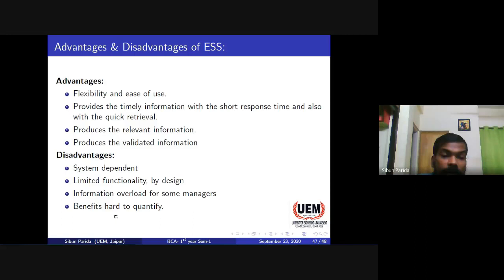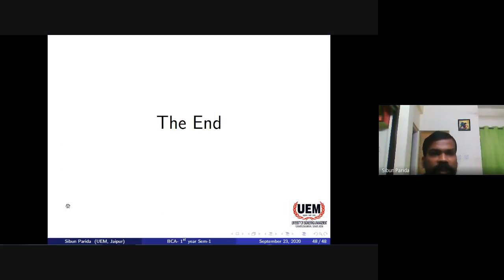And the benefit is hard to quantify. Whatever the benefit is, it cannot be quantified. Quantified means you can say, okay, this is good quality or bad quality of information you collected, but you cannot quantify it in numbers. So that is one disadvantage. So these are the advantages and disadvantages of